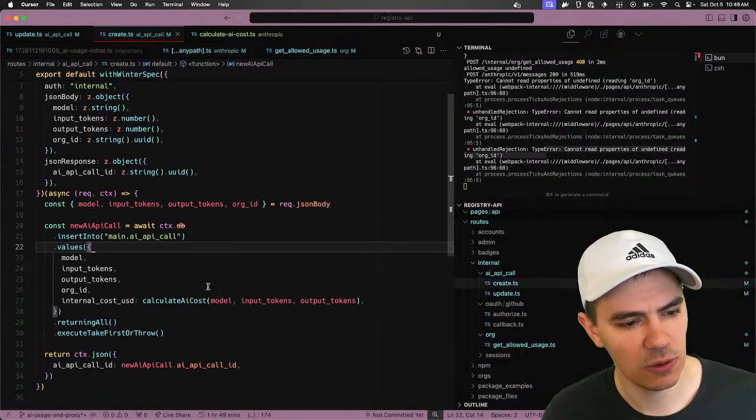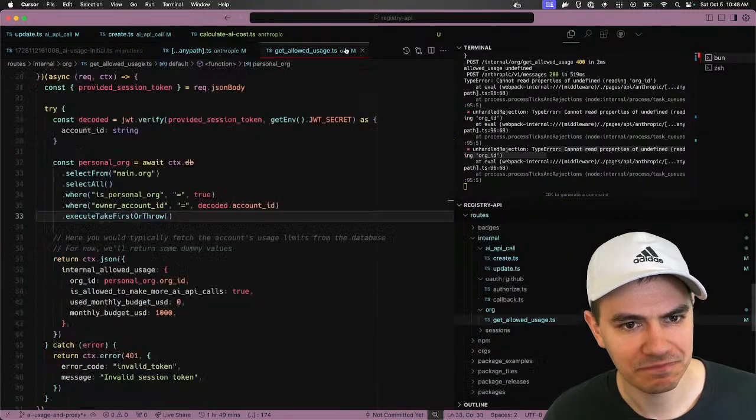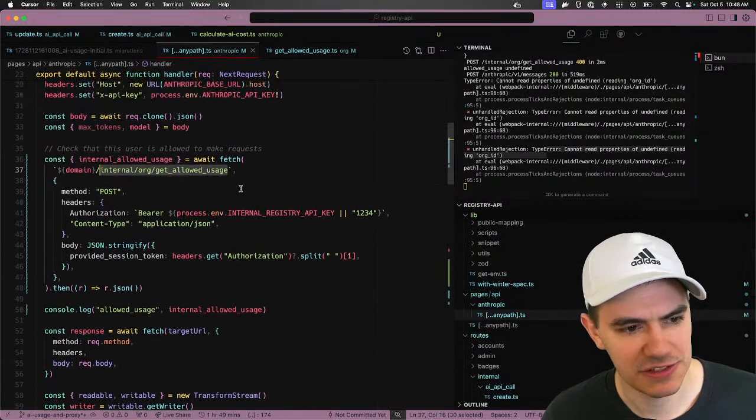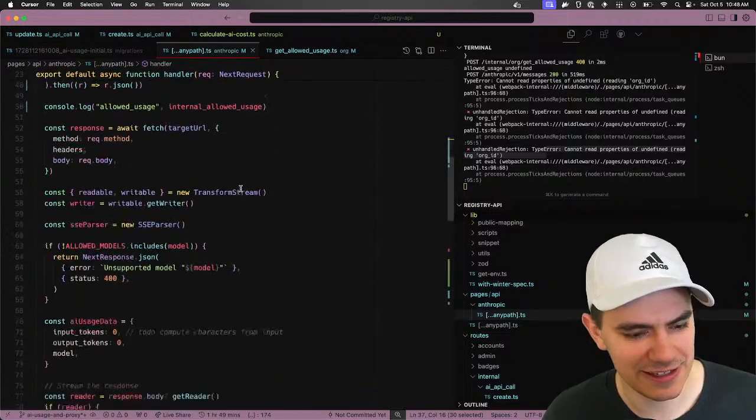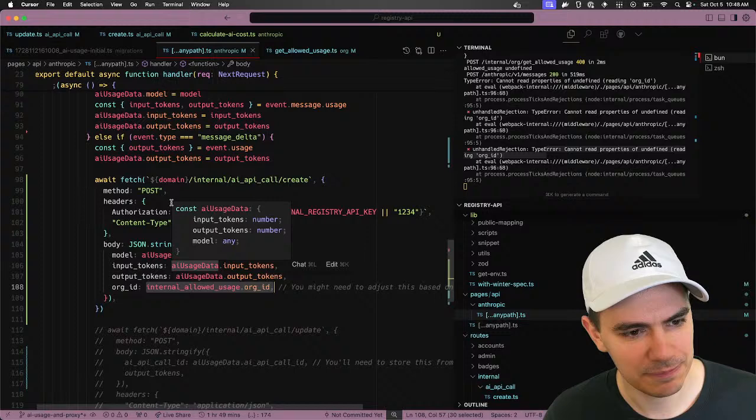Create org ID. Oh, am I just not sending the org ID? This is so jank. Normally nothing is this crazy, but I don't know. I kind of feel like I'm sending the org ID.